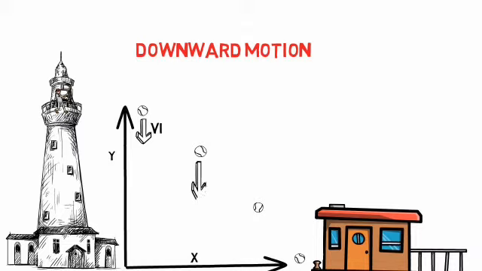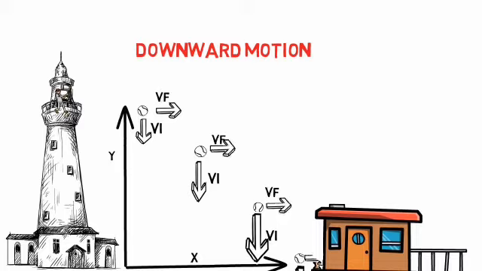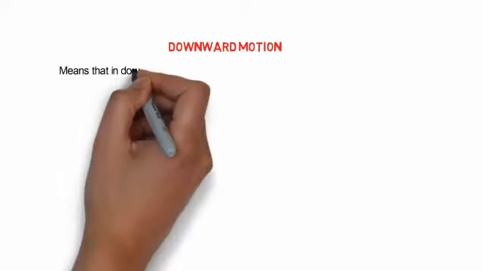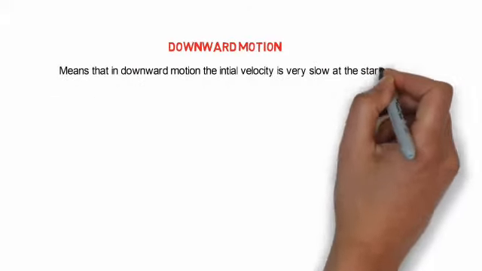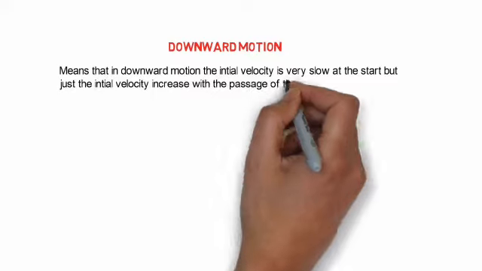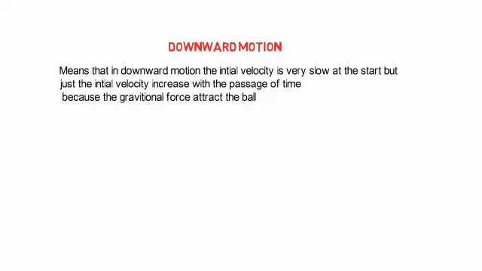As you can see, the length of the velocity vectors is increasing, which shows that the vertical component of the velocity is increasing, whereas the x component of the velocity remains the same because there is no force in the x direction. In downward motion, the initial velocity is very slow at the start, but it increases with the passage of time because the gravitational force attracts